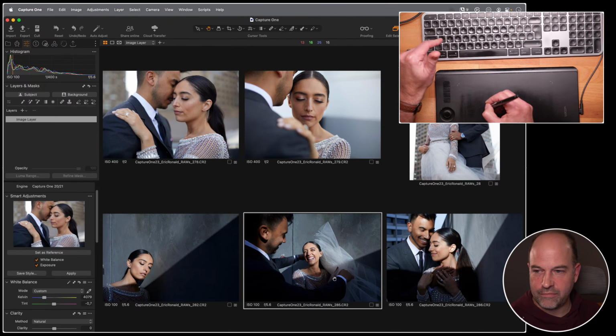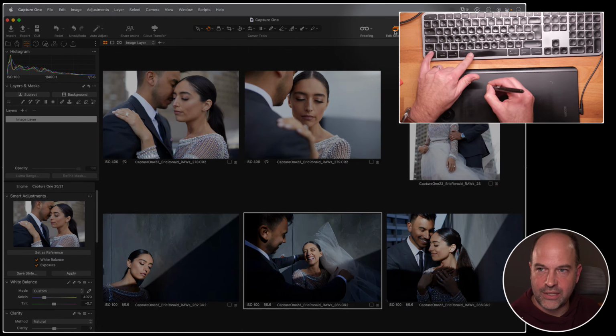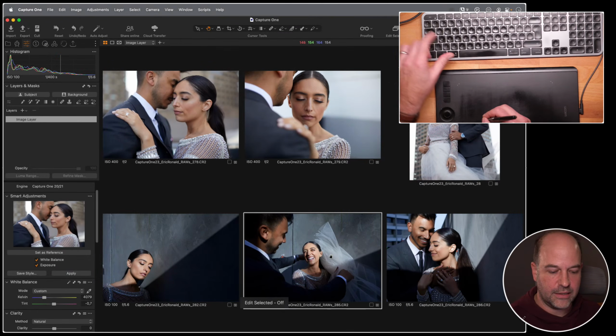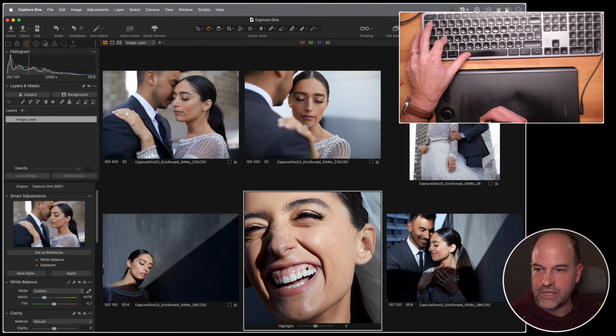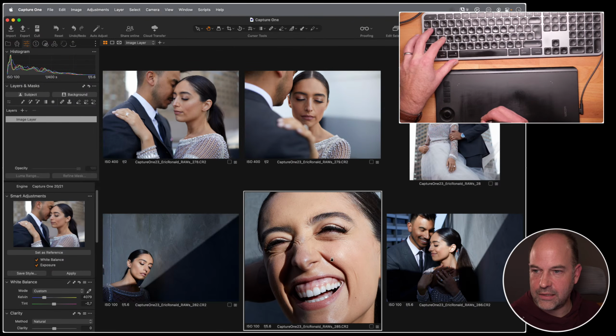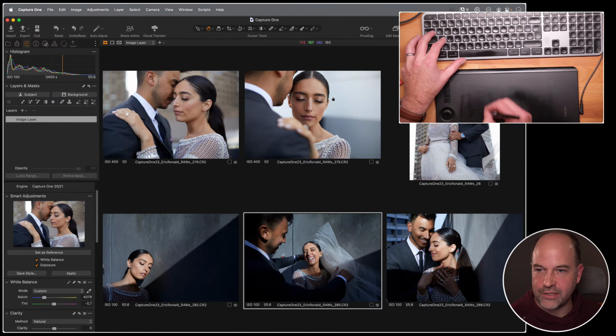Now in this case, Jeff, we want to just adjust the highlights on this one. So if I turn this off, edit selected, hold down my A key, now I've just got highlights on this one. If I zoom in a bit and just reset, so I can see, it's a little bit bright there, so I just want to take the highlights down to something like that, which looks better. Before it was like this, but I want to go down, just control those highlights. So now I can just balance everything up like so.